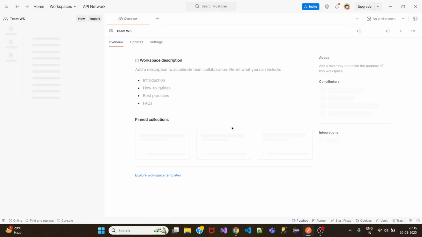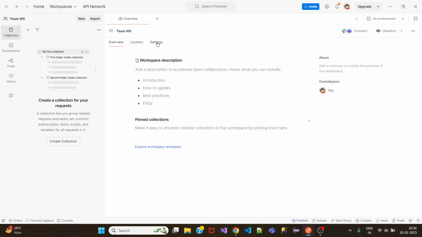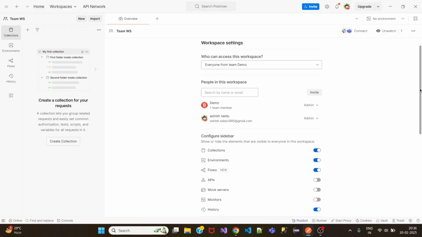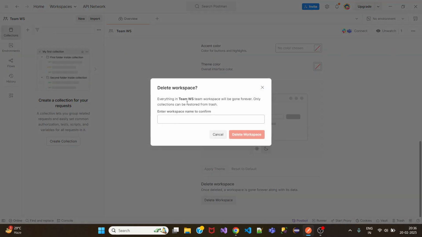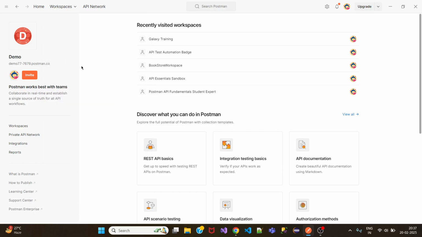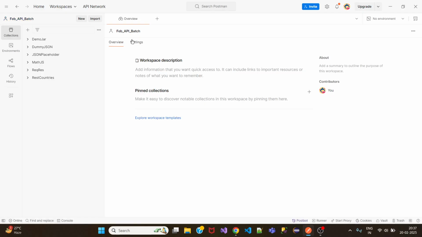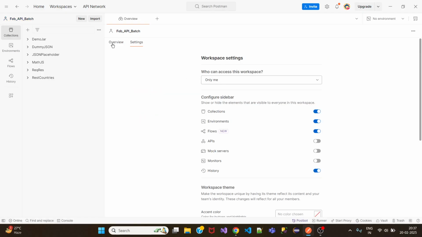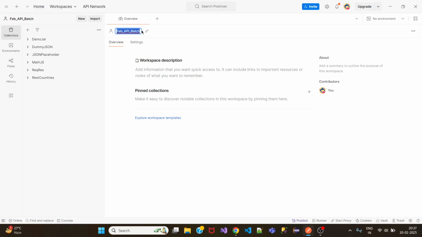Can you show once again how to create a new collection? I forgot. No worries. I didn't practice yet. Let me delete these workspaces from my end, because otherwise I'll not have the option to create a new workspace. Perfect. So to rename the workspace, you can rename it from here. Now coming to the collection,